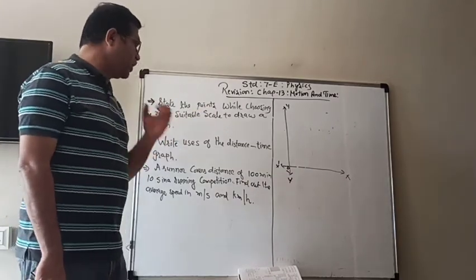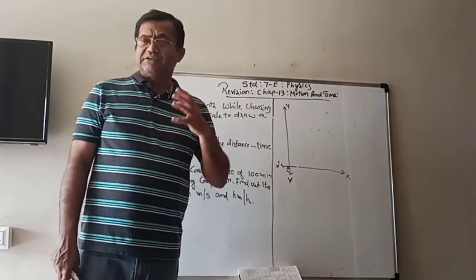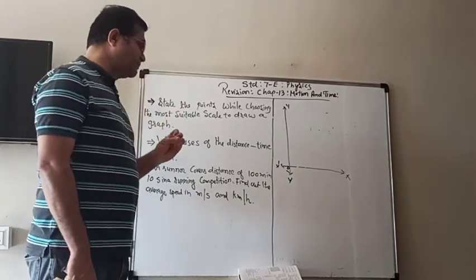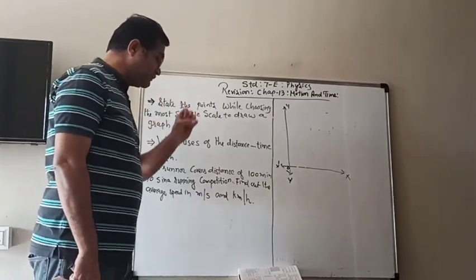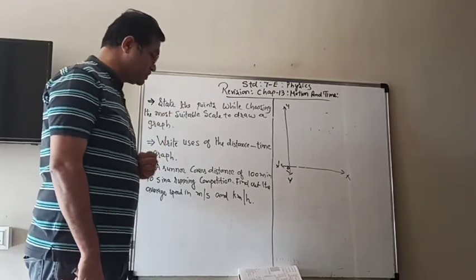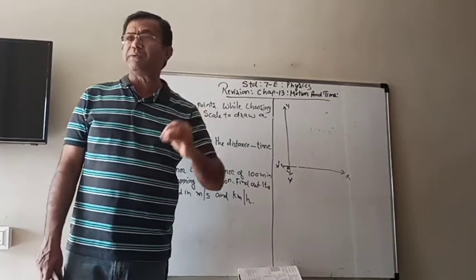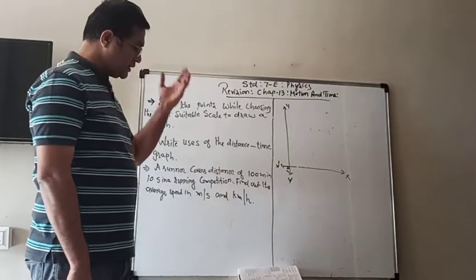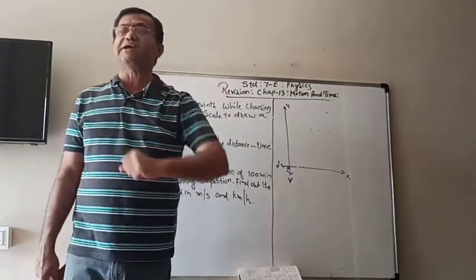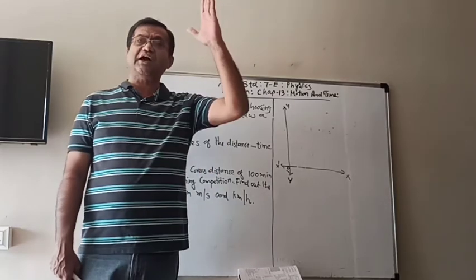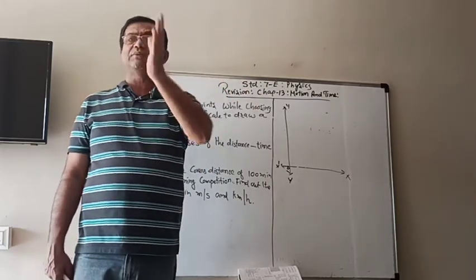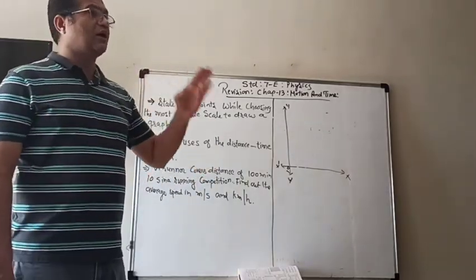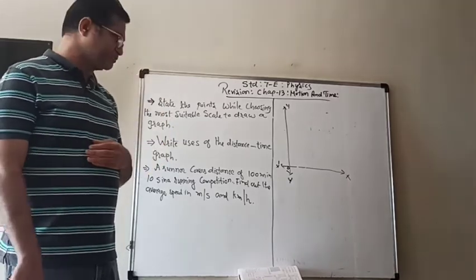Now what are the uses of the distance time graph? Generally the distance time graphs are very important because from the graph we can get an idea of different information about the motion. It provides a variety of information about the motion, meaning either it is uniform motion or non-uniform motion according to the shape of the graph. If it is a straight graph, or a curved graph, or a zigzag graph, according to that it can be understood that it is a non-uniform or a uniform motion.